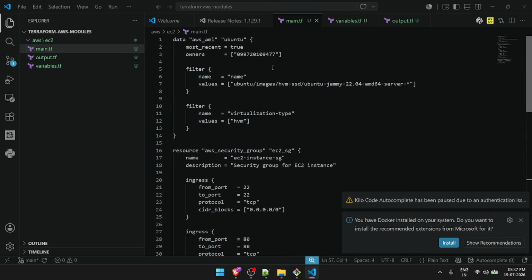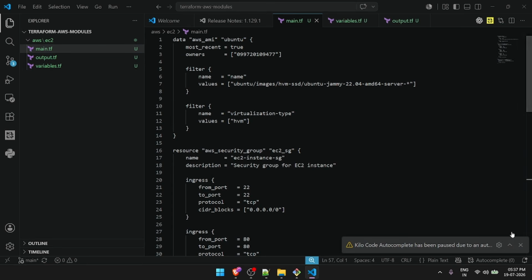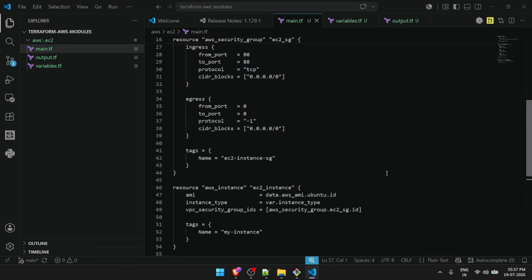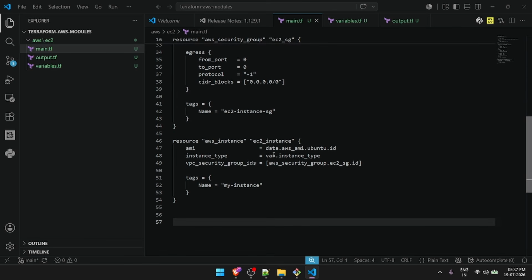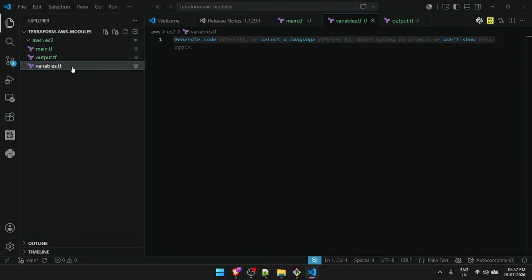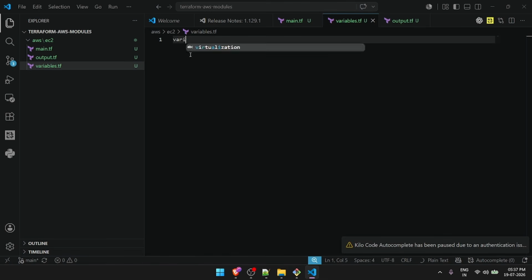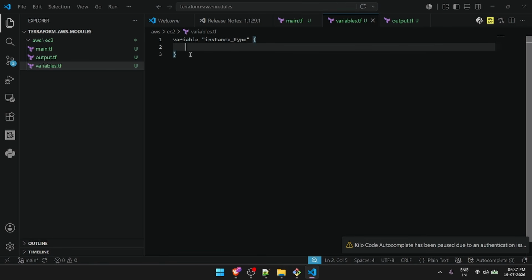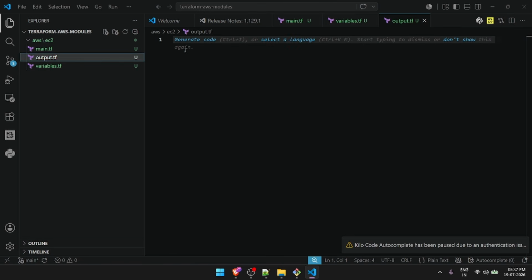So we have the code over here. You can also generate it with the help of GitHub Copilot. Okay, so this is there. I will also be adding the variable over here. So variable instance type. This is the only variable over here, right? So then after this, we'll be adding the output over here,